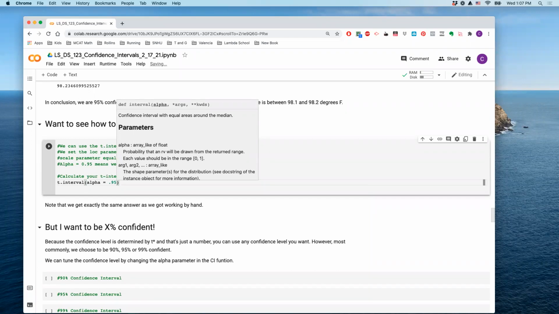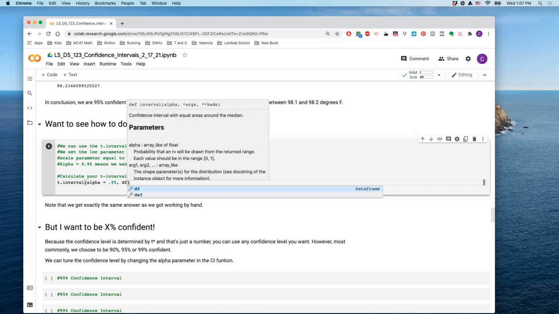Now, it's frustrating because they're calling this the confidence level alpha. And remember, we said that we talk about the significance level, we call that alpha. Well, those are two different alphas, and why they decided to call this parameter alpha in this function, I have no idea. I don't think it makes a lot of sense, but that's what they decided to call it. It would be better if they called it Fred the Panda, but they don't. It's called alpha. It's different than the significance level. We'll see that they're somewhat related, but it's a different thing. So this first thing is our confidence level.